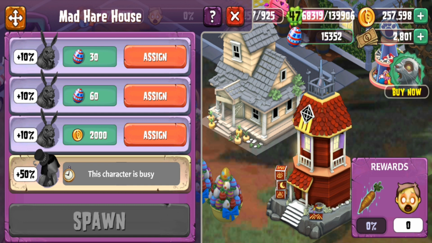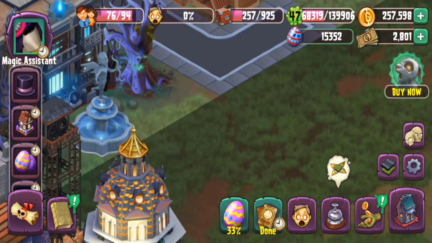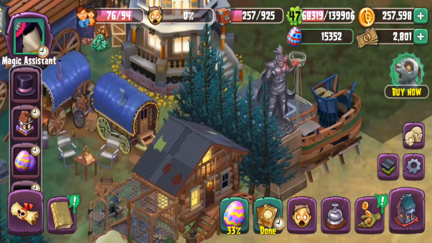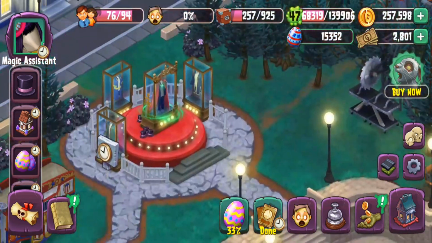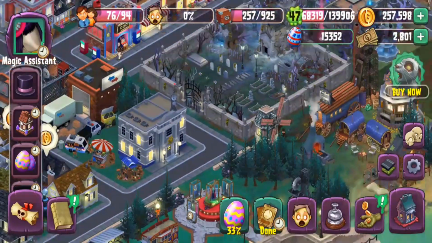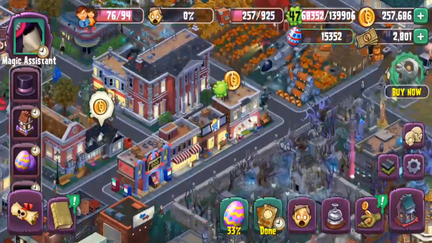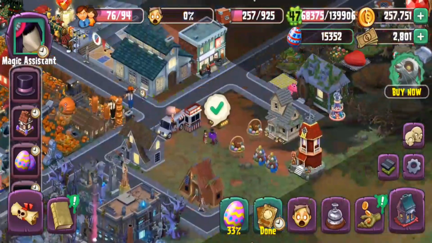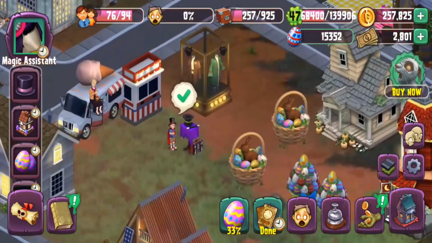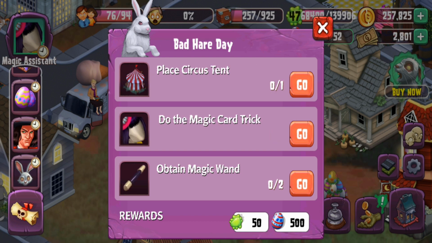So we get these bunnies here, and then we get the magical assistant. That's really cool, an interesting feature to have. I really do like that we get to have these Bond characters. So maybe moving forward we'll be able to keep some of these event characters, like characters that are freemium. That's usually what I really like to see. Anyways,